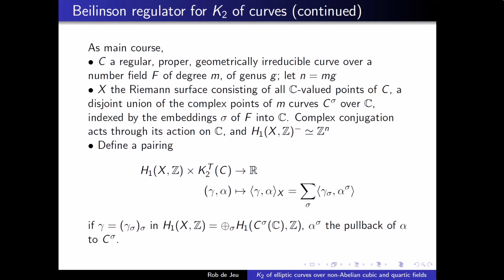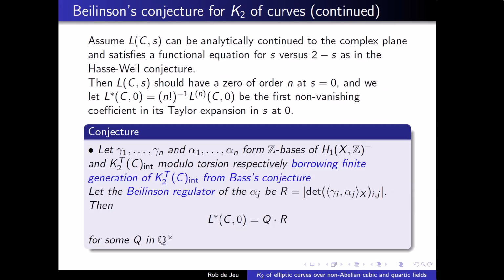So I cannot stick to the base field being Q because Q is Abelian over Q, so that wouldn't work. I have to introduce notation for the embeddings. Okay, so in order to get the statement for the Beilinson conjecture for K2, we assume that the L